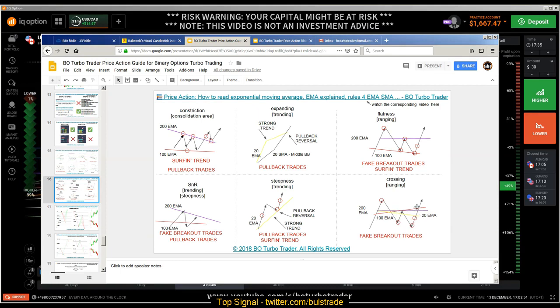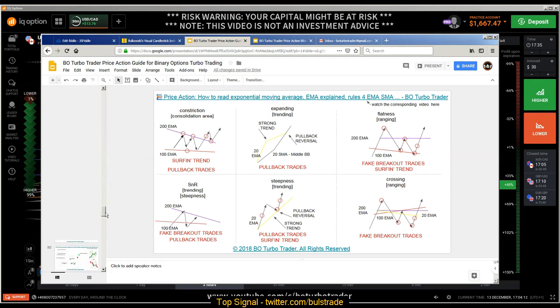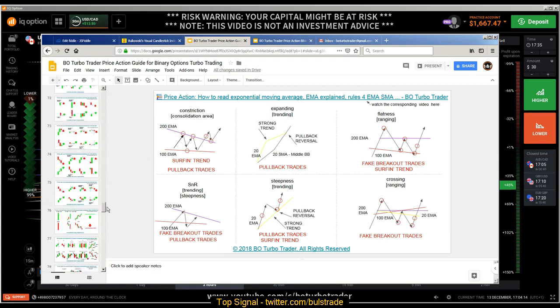And that is what I'm telling you all the time. Yes, here also, if you are there, try to get above the ranging and do fake breakout trades. Yes, you see here fake breakout trades, fake breakout trades. Yes, and that is what I'm doing here. And you can do this not only for binary option, you can apply those kind of things also for FX